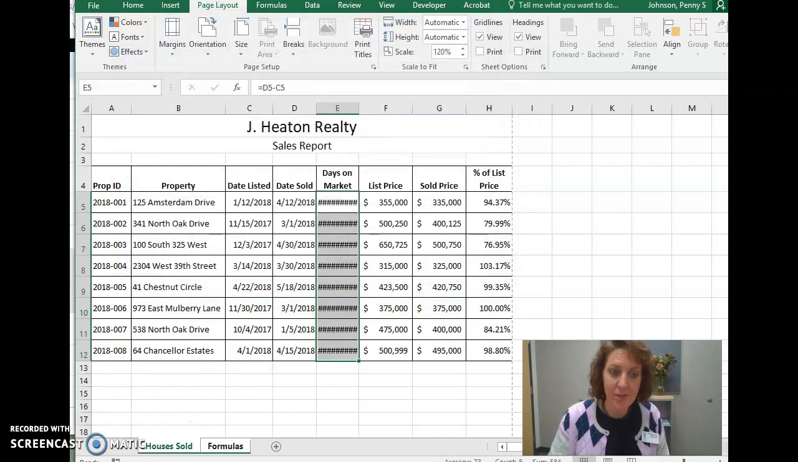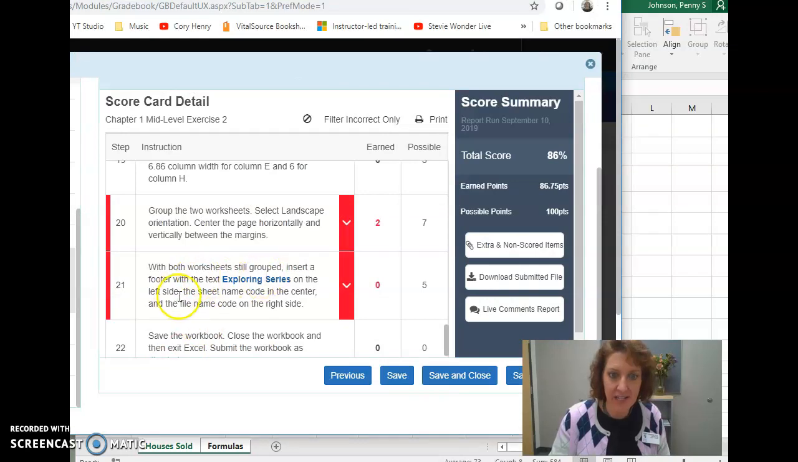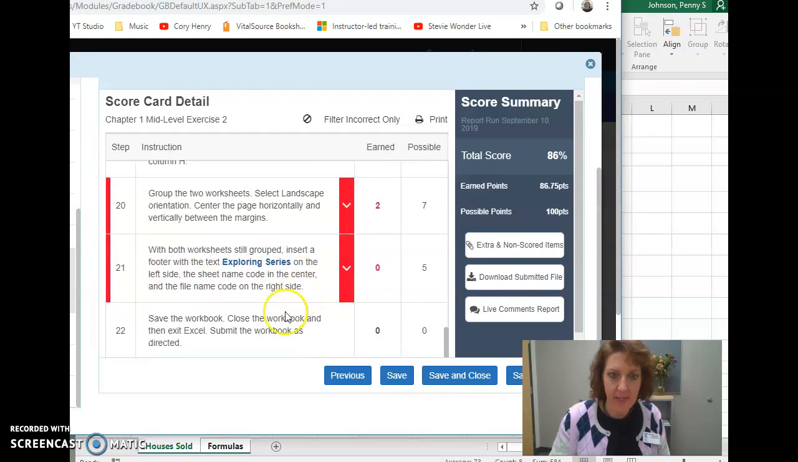And I think that should be the last correction needed. Yeah, everything else was